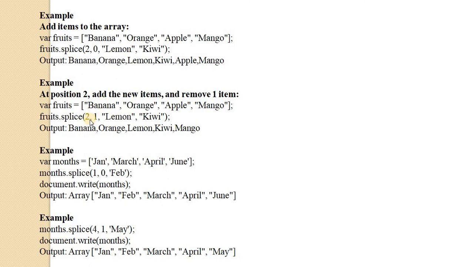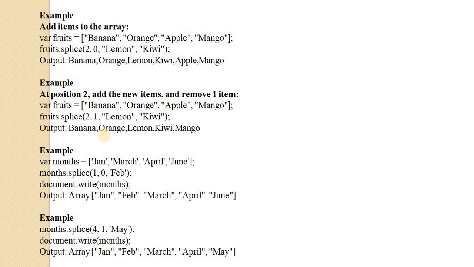The output of this example is banana, orange, after that lemon and kiwi are added in this array, and the one element replaced means apple is replaced with lemon and kiwi, and after that mango is placed as it is. This is the output of the second example.